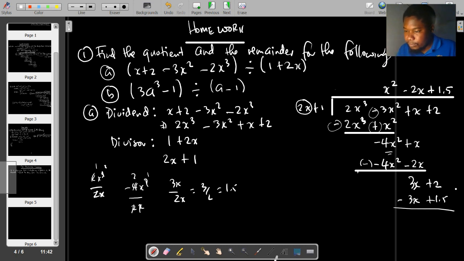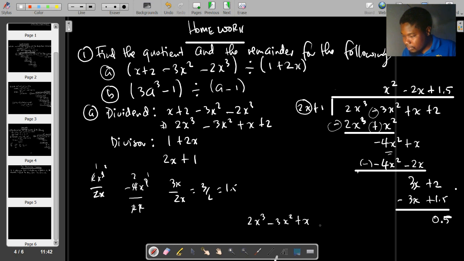Subtract the 2. I'm having a problem with my stylus here, don't know why, but anyways, so you subtract the 2, and what you end up getting is 3x minus 3x is 0, and then 2 minus 1.5 gives you 0.5. Okay, so what we end up writing is that our dividend, 2x to the power 3 minus 3x squared